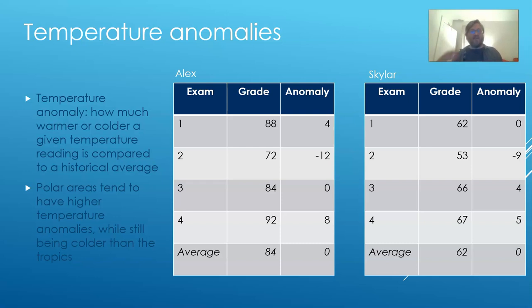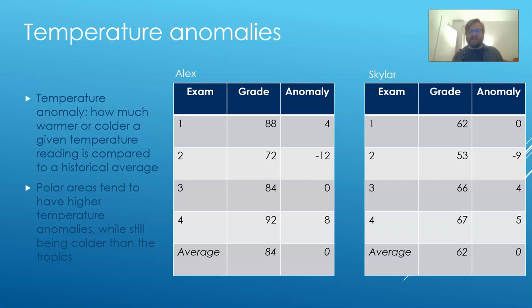If you look at their exam 2s, that was a bad exam for both of these hypothetical students. Alex had an anomaly of minus 12. Skylar had an anomaly of minus 9. So Alex's anomaly is bigger. Alex did worse compared to the average on exam 2 than Skylar did, even though Alex's exam grade is higher than Skylar's. Alex got a 72. Skylar only got a 53. Skylar did much worse on that exam, but because Skylar's average is so much lower, Skylar's anomaly wasn't as big